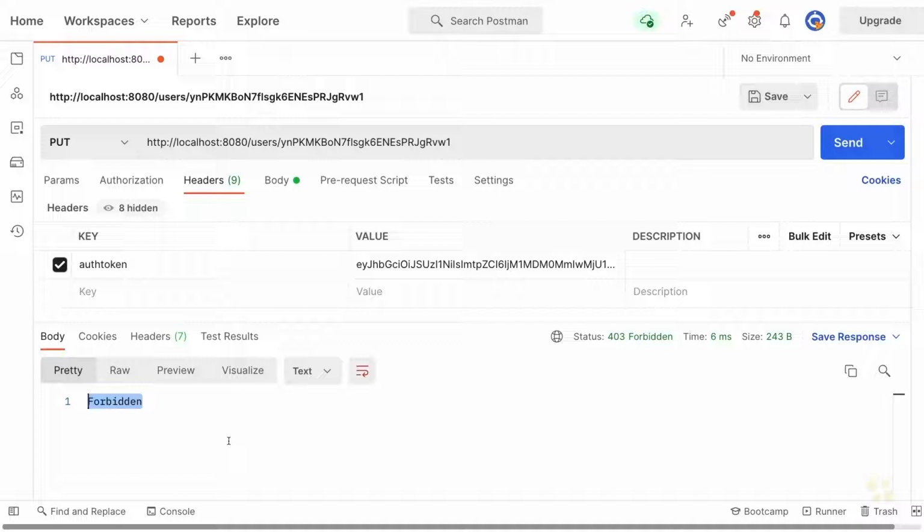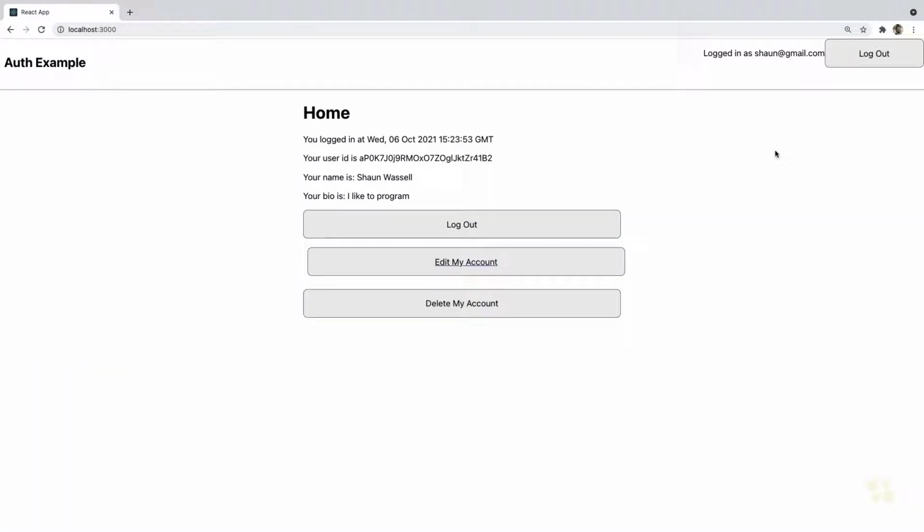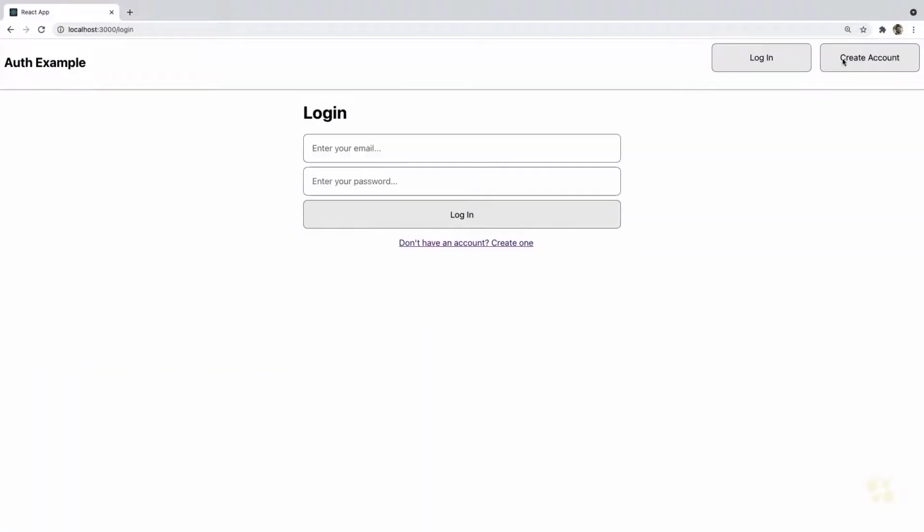And we'll see a different status code that we get back now, which is forbidden instead of the other status code. So in other words, this is a valid token that we're sending along here, but it doesn't belong to the user whose information we're trying to edit. Okay, and if you want to see what it looks like just sending along the correct auth token, what we're going to do is log out and log back in as